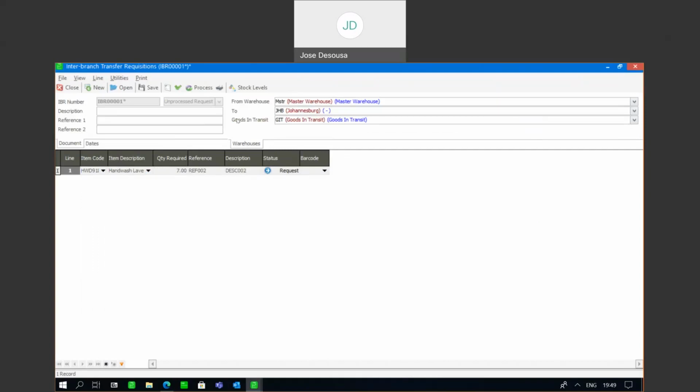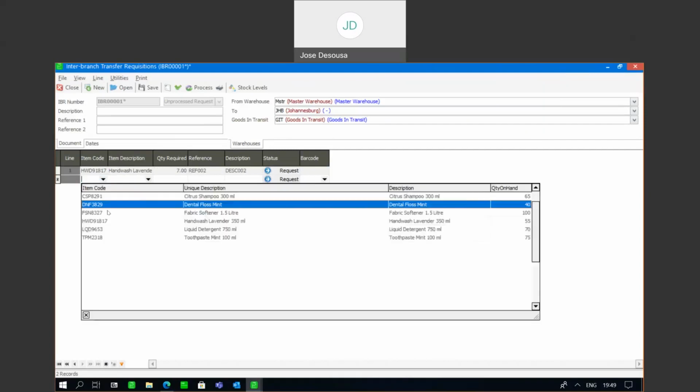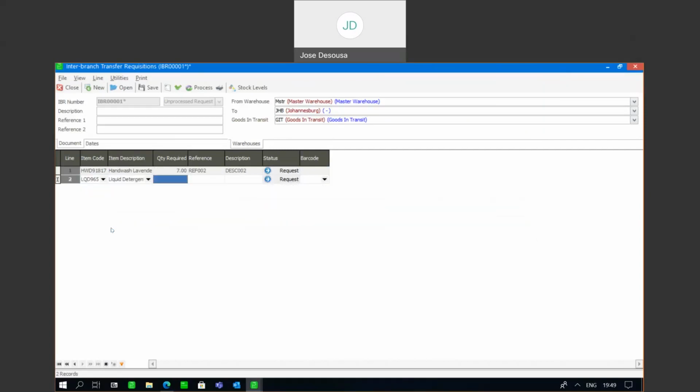You see that the status is now set to request. Right, and then it's simply a case of specifying the required items, the quantity,